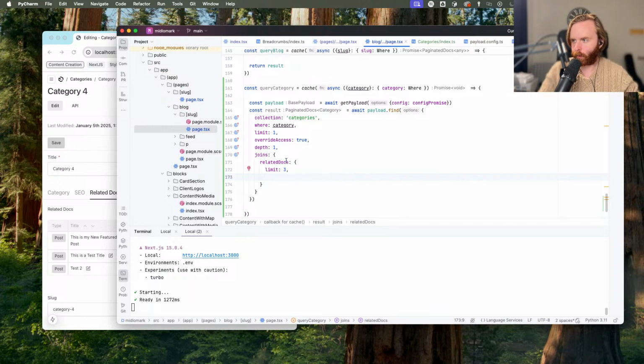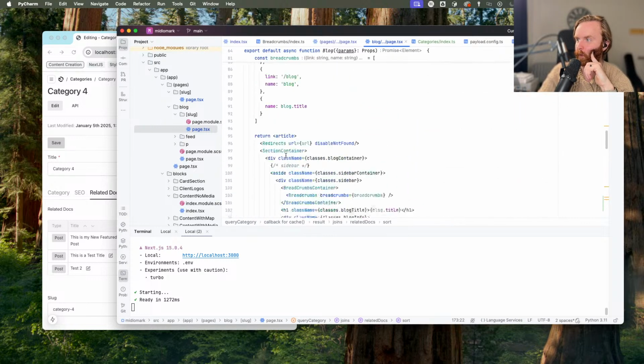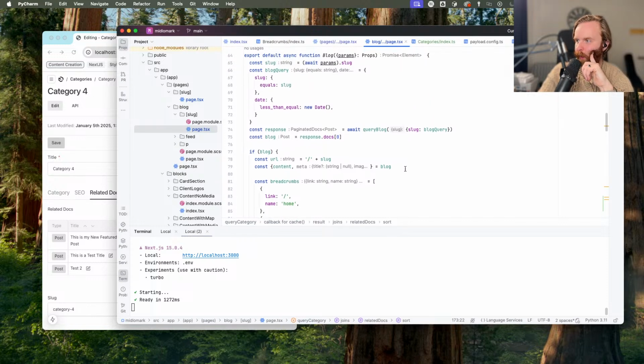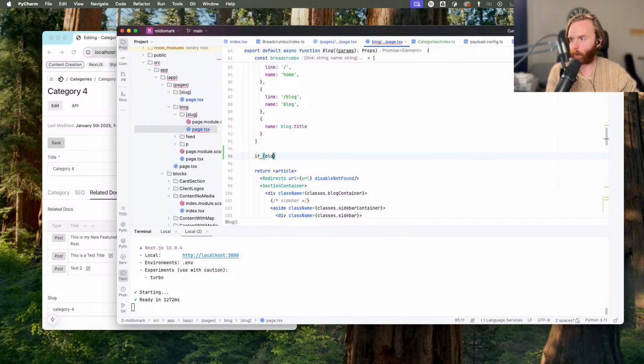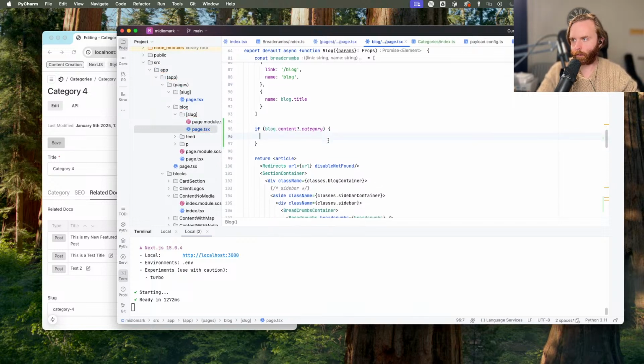I'm trying to remember what the other sorts. Yeah, we can sort though by date. Perfect. So we do that, and now we've got our query category thing done, and we're going to then, if we have a blog post, we do want to see then if blog dot content dot category, then we want to,